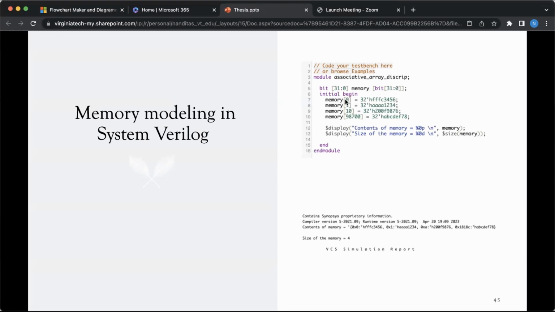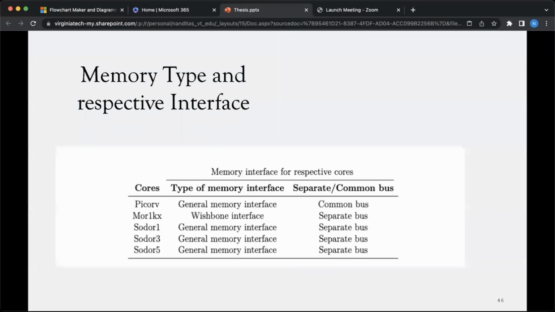And as we can see in the memory, we are putting some values like 0, 1, 10, 9, 8, 7, 0, 0. We are loading it with some values, and then finally we are printing the content and the size of it. And we see that even though the values are far away from each other, the size of the memory has only gone up to 4. So if we use this particular memory with our processor, we will be able to make a really compact memory.